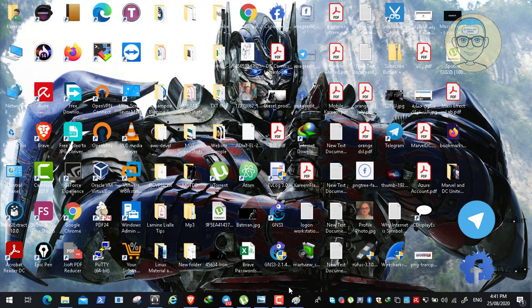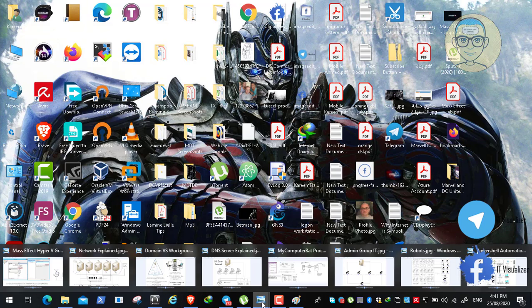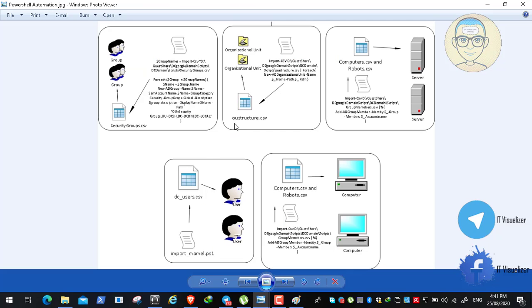For example, here I will show you a small graph. The first thing that we will do is have a PowerShell script that will create organizational units in the Active Directory. What we mean by organizational unit is a way that you can organize your Active Directory objects